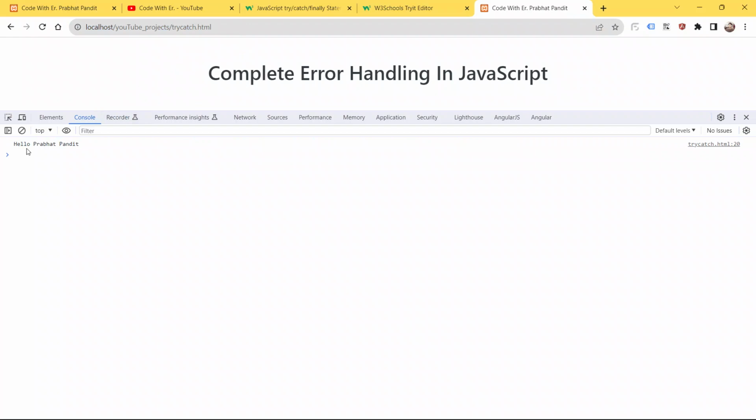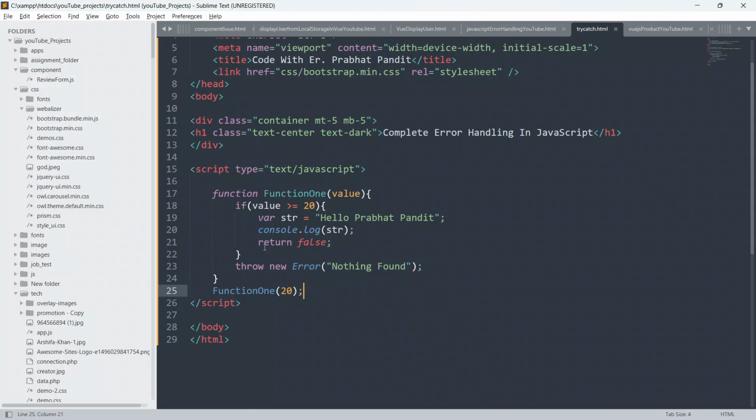See, boom guys, we got our text hello Prabhat Pandit. Because the condition is true, the control is in the if block only, and from here it returns because we are returning it. If you want, you can remove the false statement and just let it be return only.